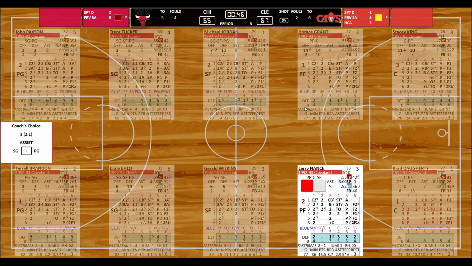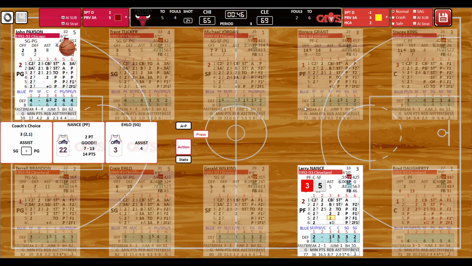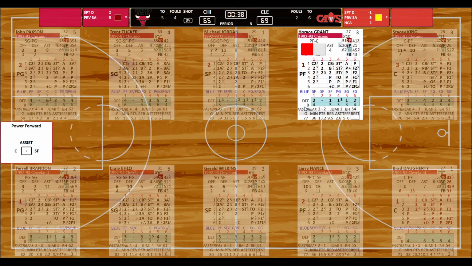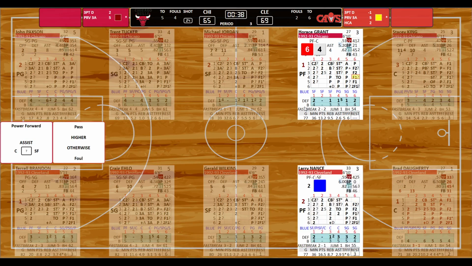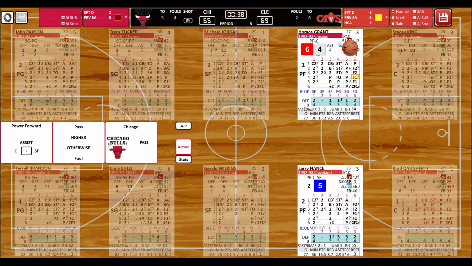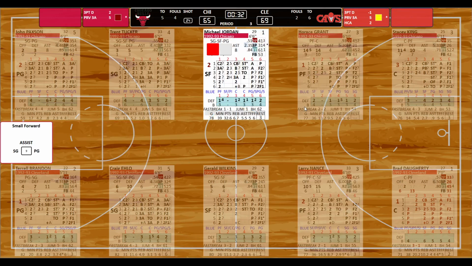We need to get Doherty out of the game if we can, but it's just 46 seconds left. But that's a 35, and that's a bucket for Nance. He's got 14 points. Elo with assist number 4. Horace Grant has the ball. 38 seconds left. Cleveland up by 4. He gets a 6-4. Possible foul on Nance, but he does not foul, so Grant will be forced to pass